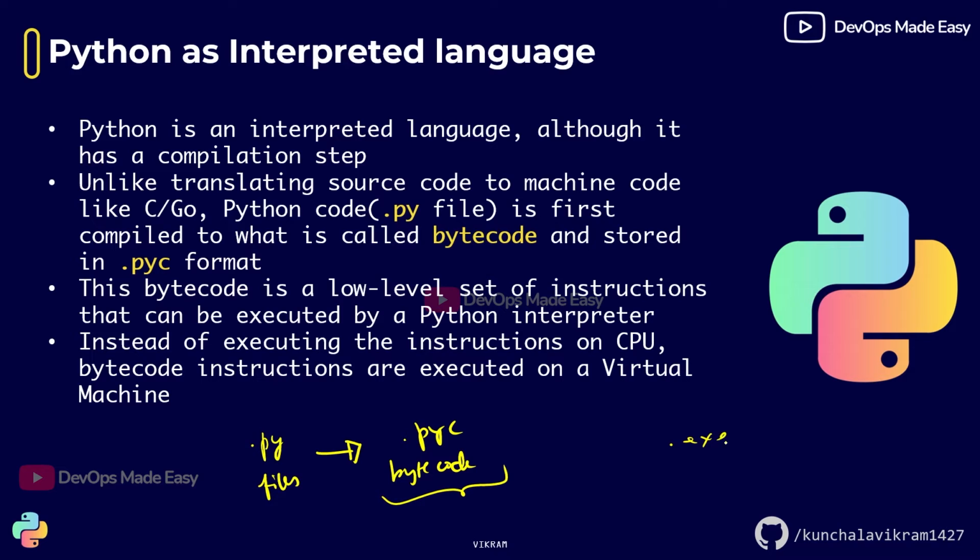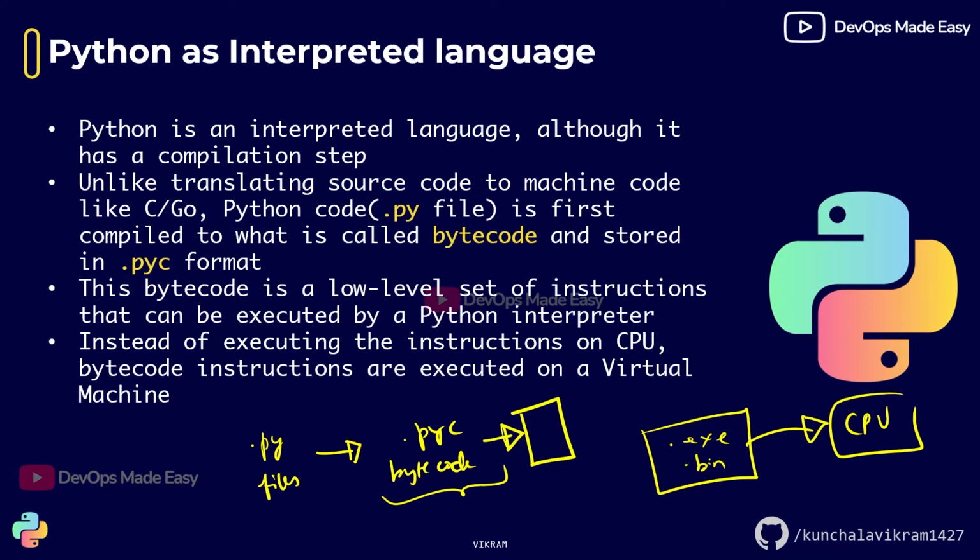Unlike the .exe or .bin files, which are the executables of compiled languages and directly execute on your CPU, the Python bytecode cannot be directly executed on the CPU. Instead, it can only be read by a component known as the PVM, the Python virtual machine. Now, instead of executing your instructions directly on the CPU, you are executing instructions on the PVM. Now the PVM is responsible for converting those instructions into low-level instructions or binary code which can be understood by the